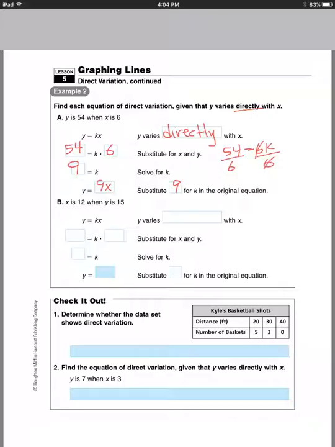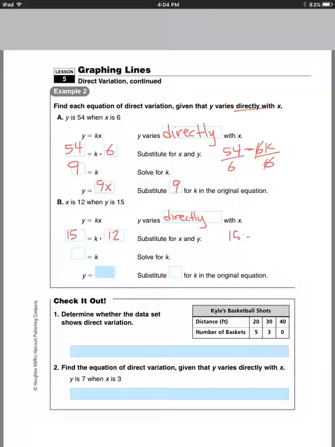So x is 12 when y is 15. Y varies directly with x. So we're going to substitute in x and y. Y is 15, x is 12. So that is like saying